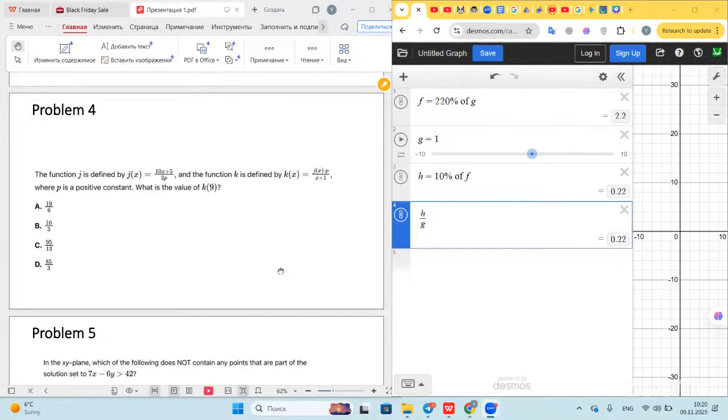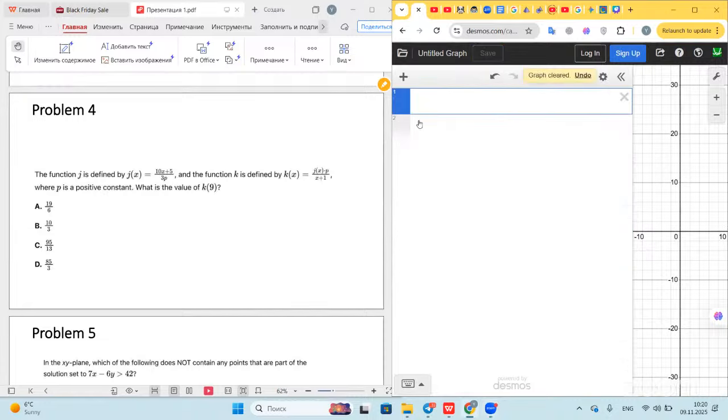In the next question, we are given function g and defined kx also. We are going to calculate the value of k of 9. Guys, in SAT, if you see some positive number they are saying, and directly it's not asked the value of p, it means you can give any positive value for this number. You can find it. So guys, what we can do, first we will define our function g of x